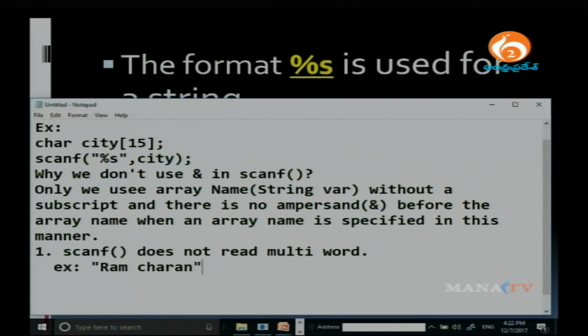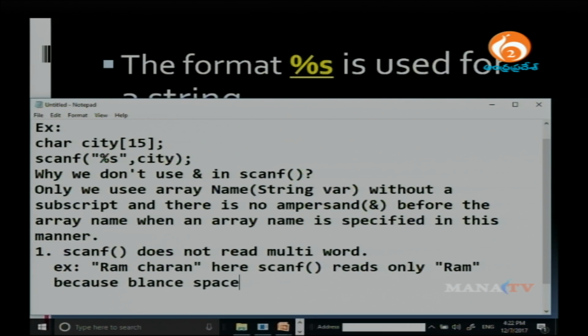Here the scanf function reads only RAM, because a blank space has been given after RAM.